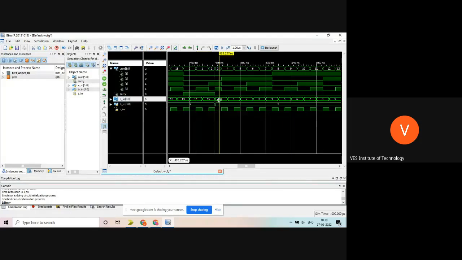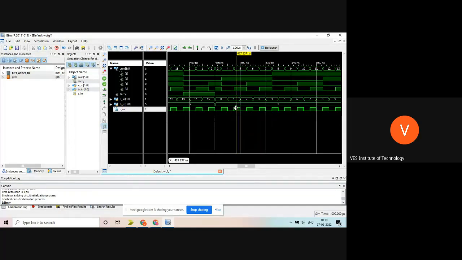Okay. Then again 0 plus 3 is 3. You can see here 0 plus 3 is 3, because this is 3 and this is 0. Then 3 plus 1 is 4. See this, 1 plus 3 is 4. This is 0.